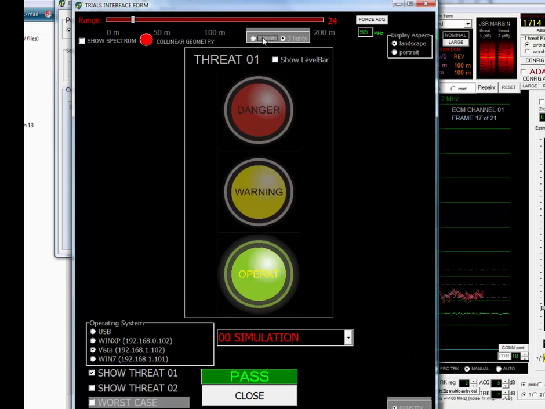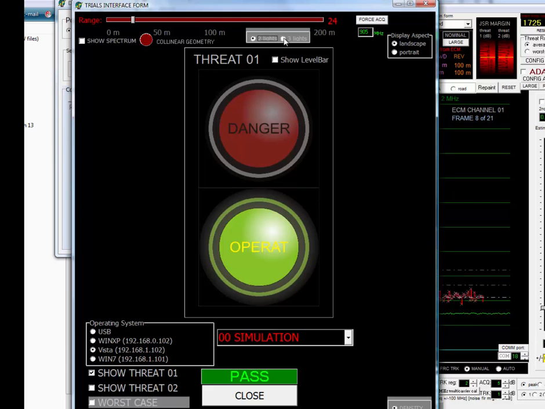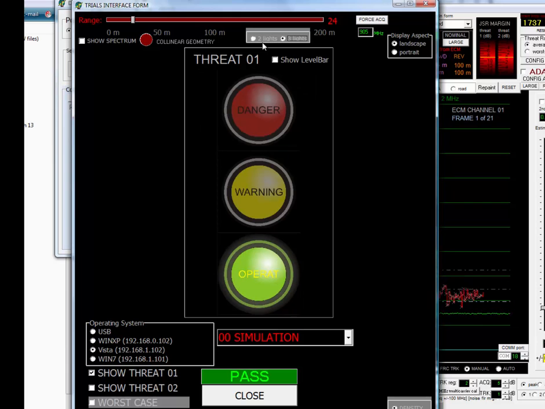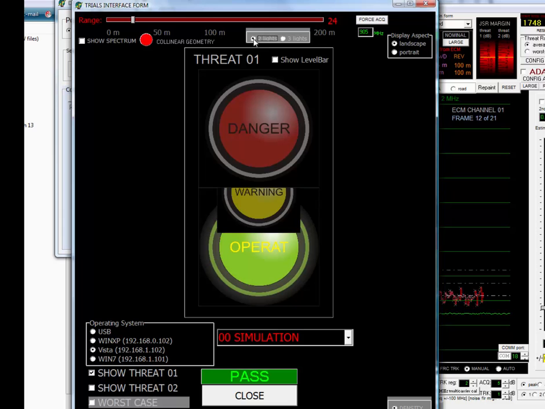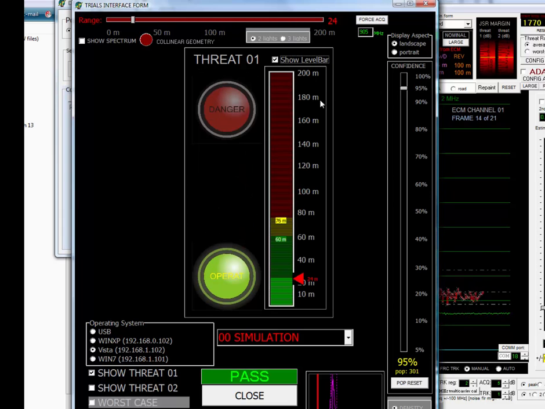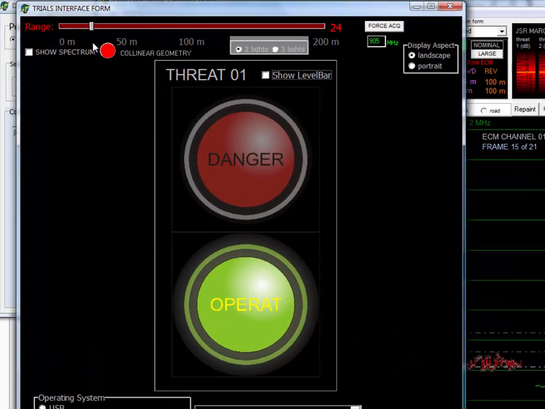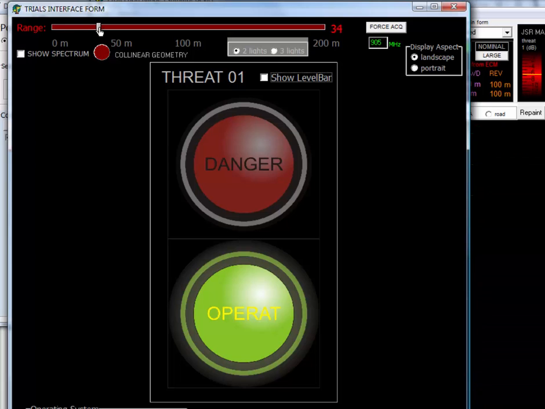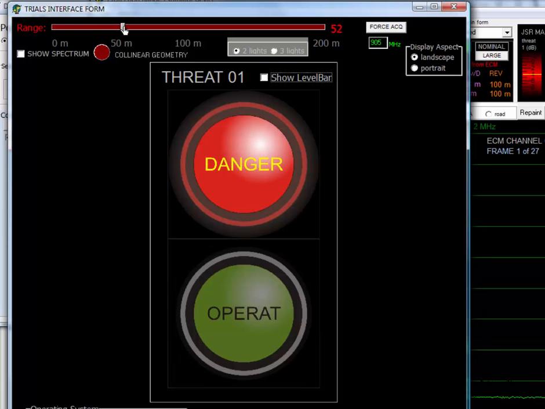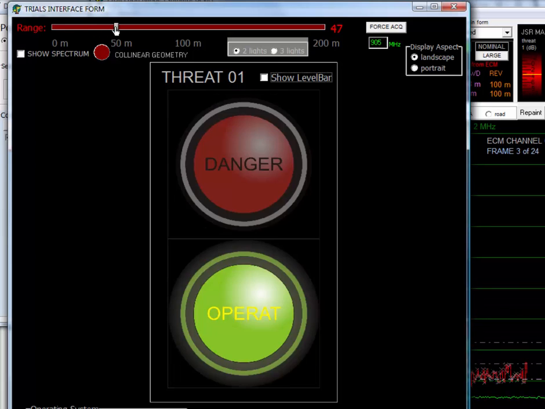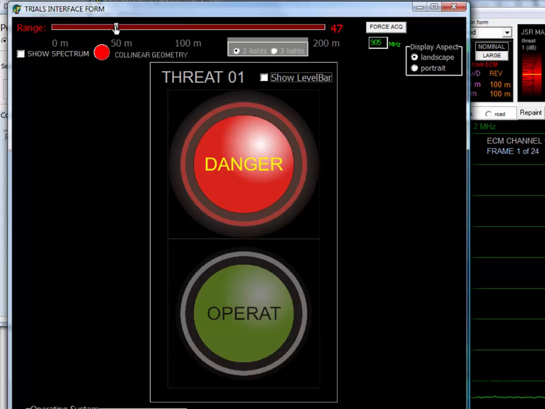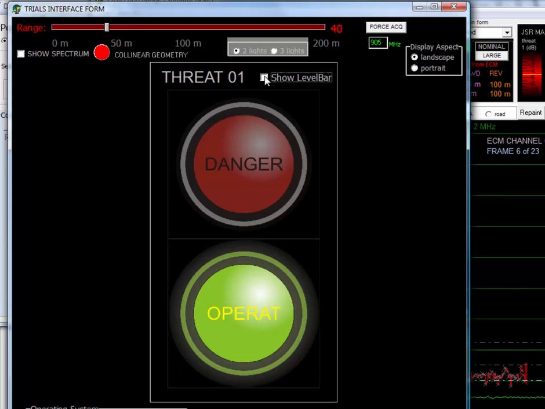There is the option for 2 lights or 3 lights. I thought that was interesting. If you watch, well, let's get the confidence up to 95%. So it's interesting to see what happens if you take away the level bar and you move outwards. There's no warning, as soon as you're sort of going from operational to danger. And just to highlight the meaning of the way it's wired up right now,